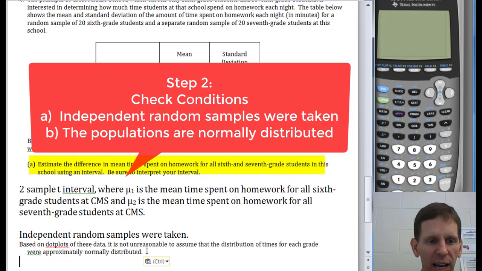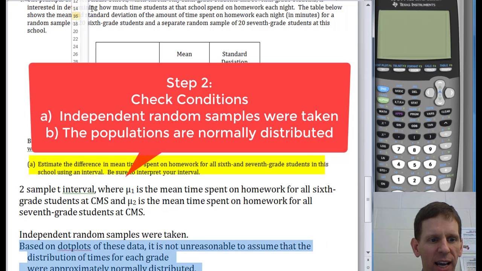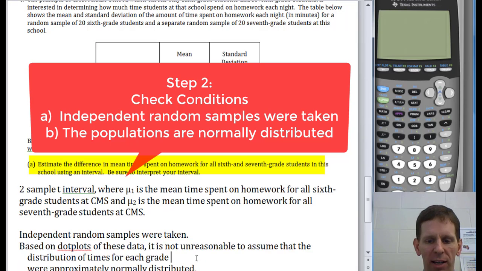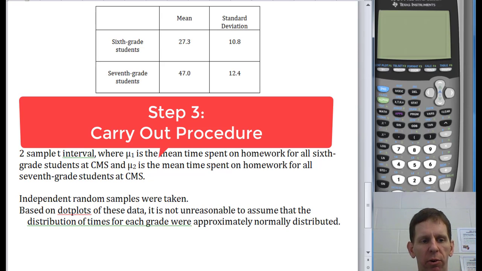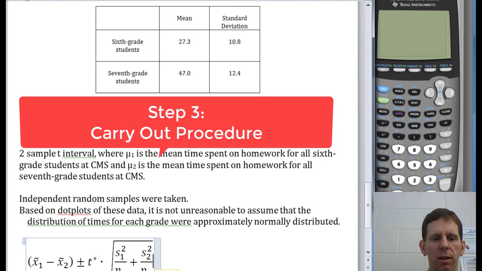And we literally are just going to plagiarize that line there and now we've got the normal condition met as well. So step 1, procedure, parameter, population. Step 2, check conditions. Step 3, carry out the procedure. So in step 3, we're going to use our formula for a 2-sample t-interval, and we're going to substitute in